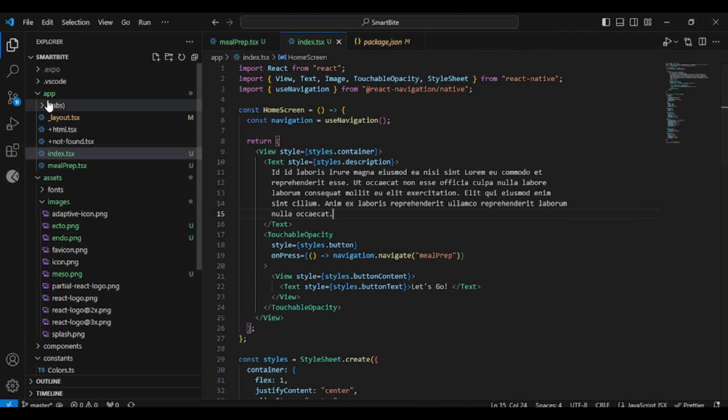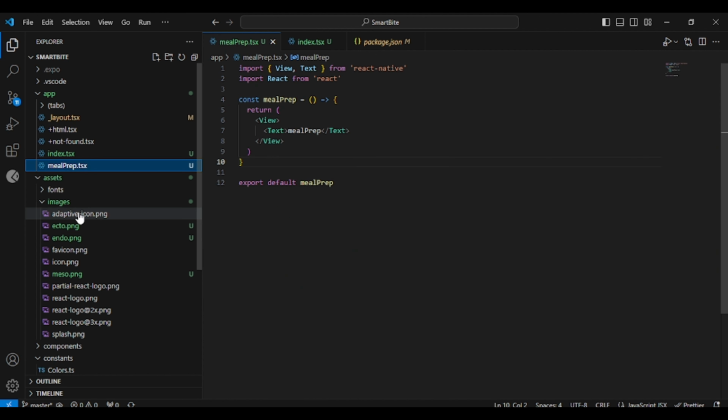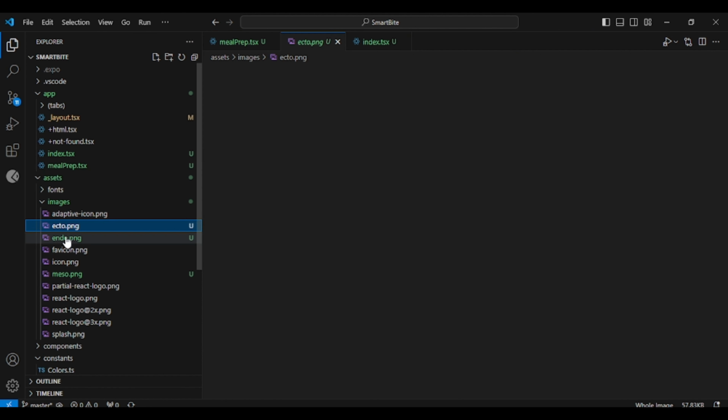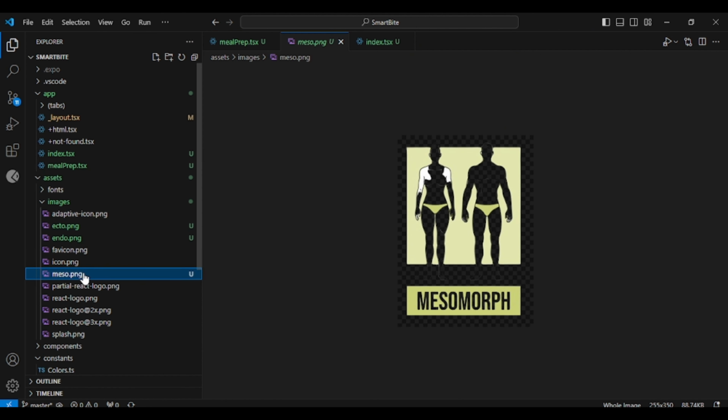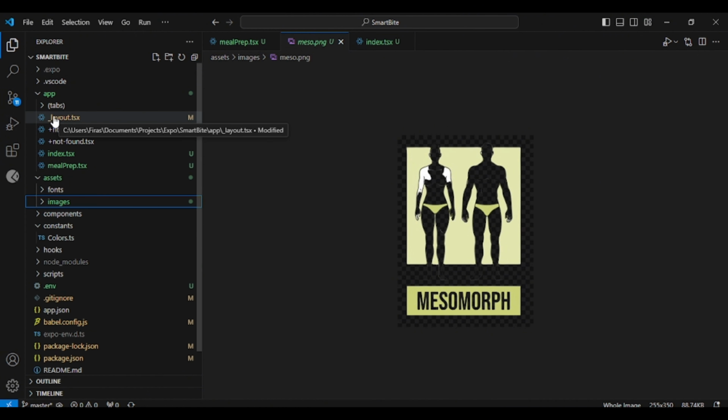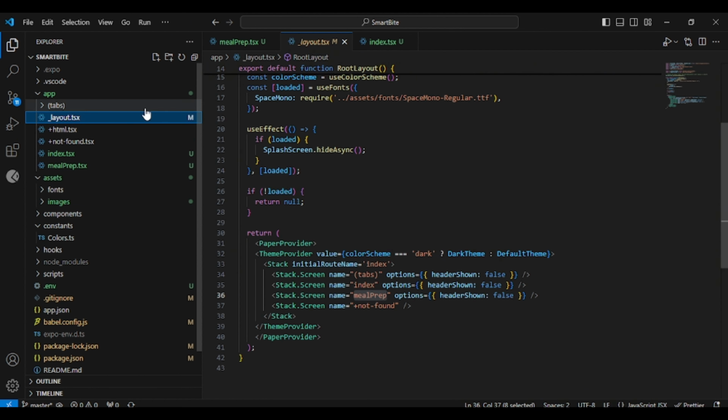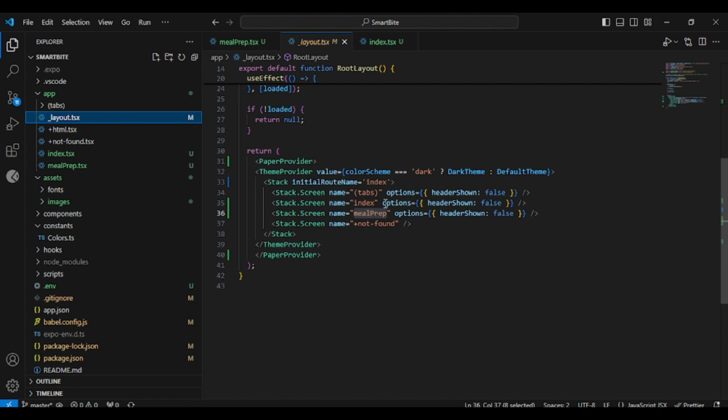So here, as you can see, you also have this screen. I've made two screens, index and meal prep, and those bunch of images. You can copy those from the project. You'll find them in the GitHub repo. The layout, I just edited the layout file. Our initial route will be index instead of tabs, and you will add meal prep, of course, to the list of screens here. And as you know,